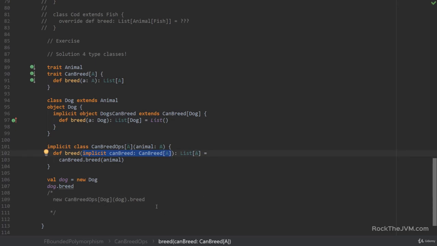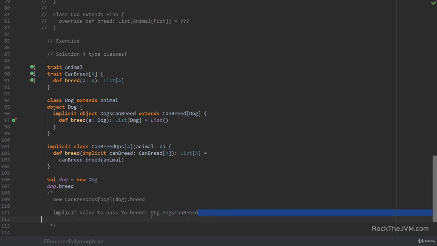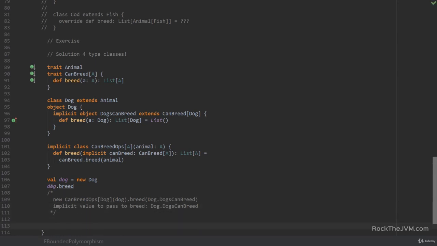Now, of course, at this point, the compiler will search for potential implicit candidates, which in this case are found in the object here, which is part of the companion object of the type involved in the breed call. So the implicit value to pass to breed is going to be Dog.DogsCanBreed. So the compiler will then pass it to the method breed inside. So this will be the final method call when we simply say dog.breed. For us, this is a really nice API because we can simply say dog.breed and we are sure that this will return a list of dogs.